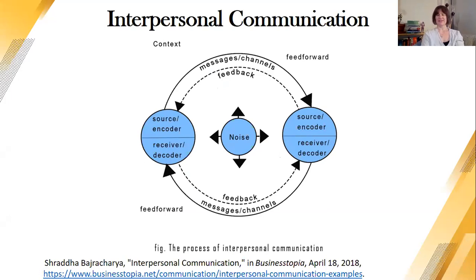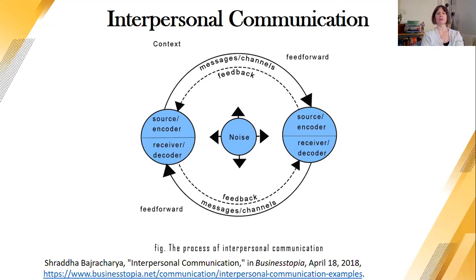So what I have here is an image that takes us right into the deep end of what we mean when we say interpersonal communication. Rather than referring to a speaker and a listener, you'll notice that both people are referred to as the source of messaging, which is an encoded message, and the receiver of a message, which they then need to decode. So this is a little more nuanced and complicated, I would say, than what I spoke to you about in